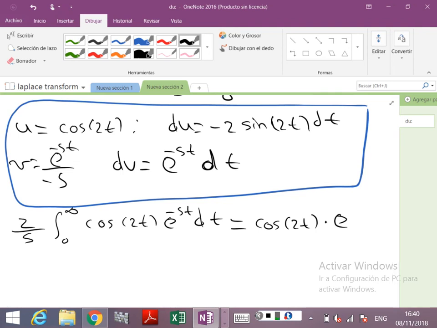So I think my battery of the pen is not really good. Let's see. E to the